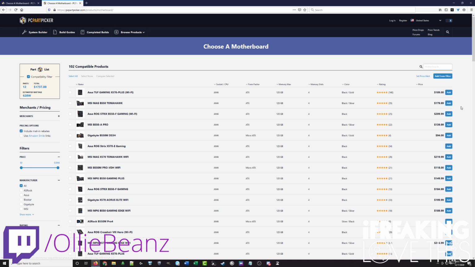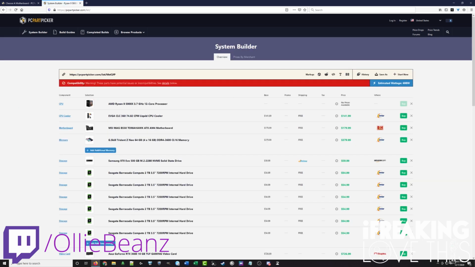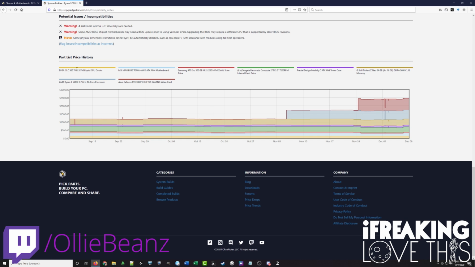A good example of that is if I do the B550, I'll have this compatibility warning, which I actually spoke about before, and you can see details below. Some AMD 500 series chipset motherboards may need a BIOS update prior to using Vermeer, which the 5000 series is a Vermeer CPU, so you may need to upgrade your BIOS to a different version that the CPU currently supports. And if you choose a motherboard that doesn't have BIOS flashback, then you'll need to have a CPU that can go into the motherboard that can actually work with the current BIOS in order to update it to the newest BIOS. And so for that reason, I definitely suggest using PCPartPicker as well